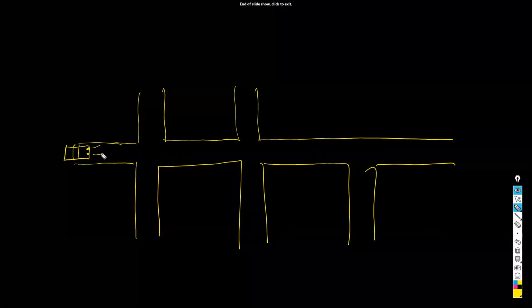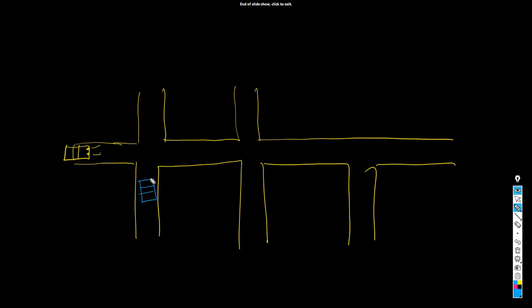These are lights. I hope my drawing is not so good. So this car is coming from here. Then there is a blue car as well. It also wants to go this way. So can both of them go at the same time, this yellow and blue? Because there is a way only for one car, I think. So is there a chance that they will collide with each other?